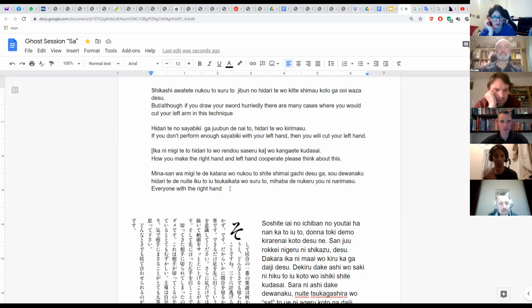So nuku to shuru to draw, to try to draw. Yes, exactly. The right hand tries to draw without regret. Well, every time we have shite shimau, this basically means that he considers that verb to be a mistake or an accident. This is what you see when you see shimau. Either it means that verb has been completed, or that verb was unintentional. It was an accident, a mistake, something stupid.